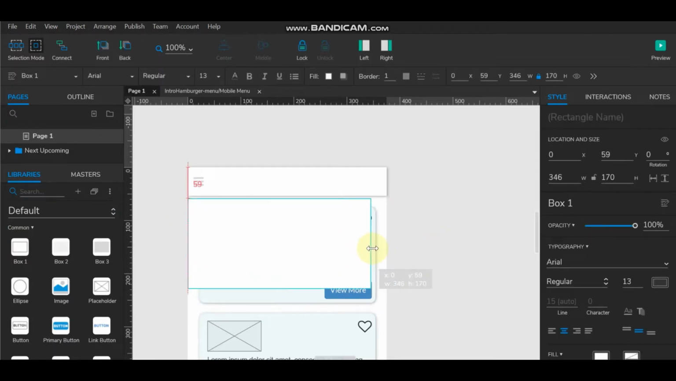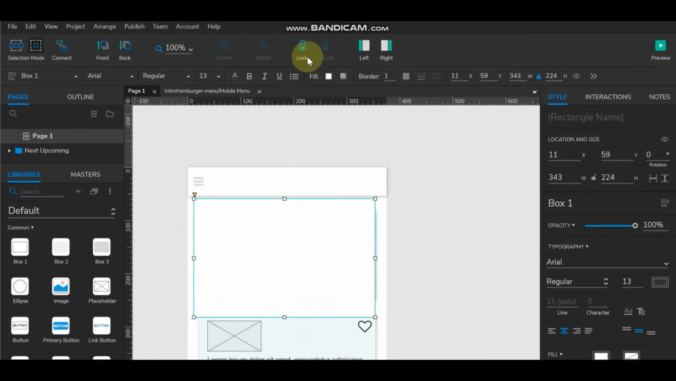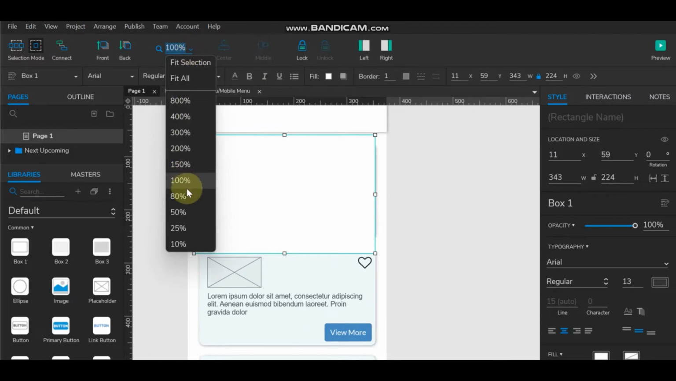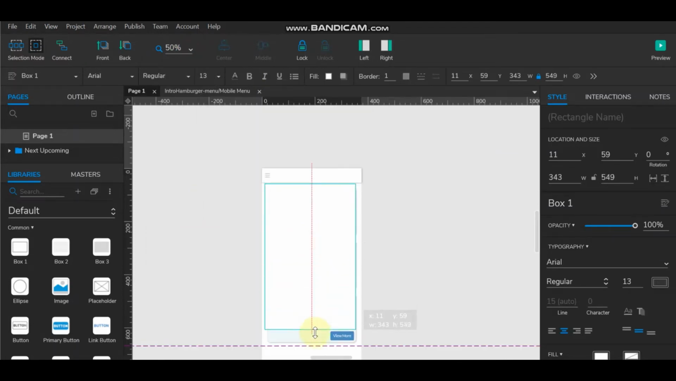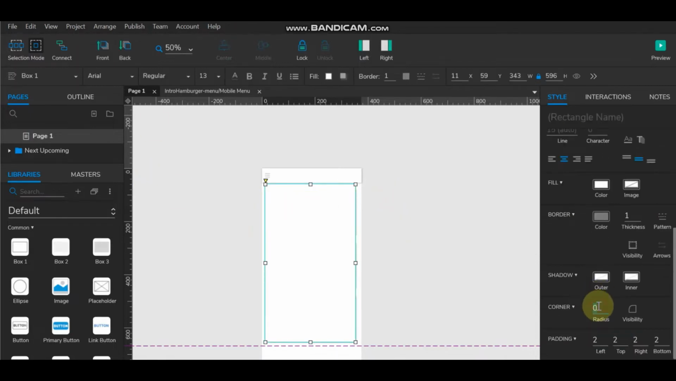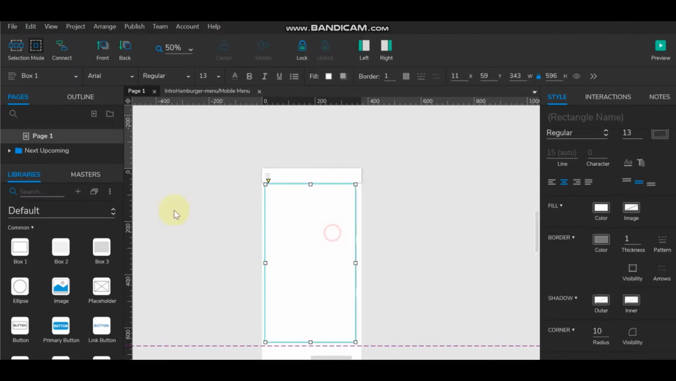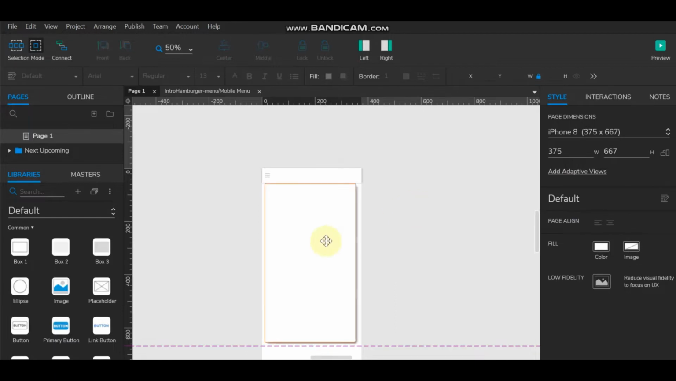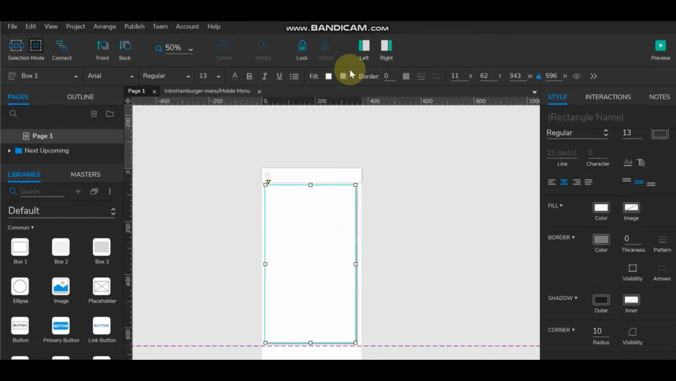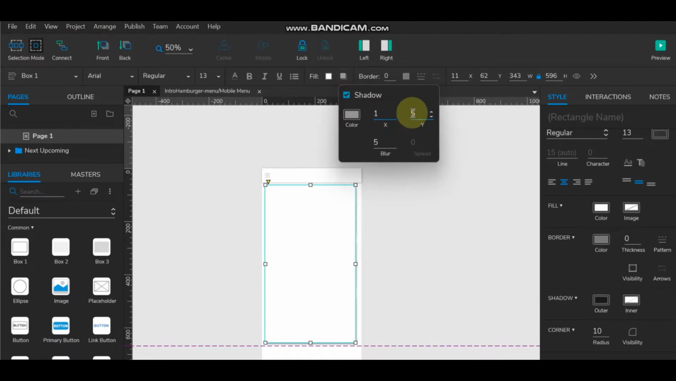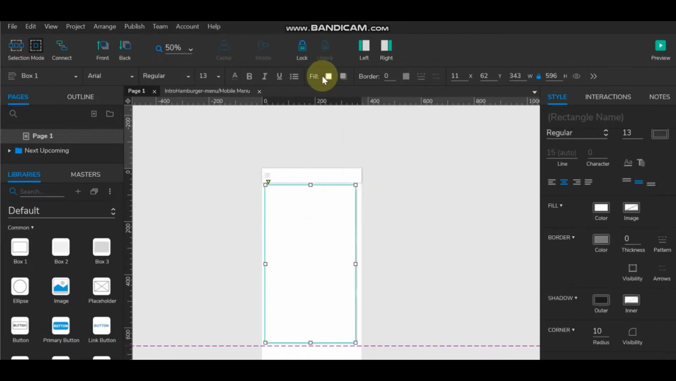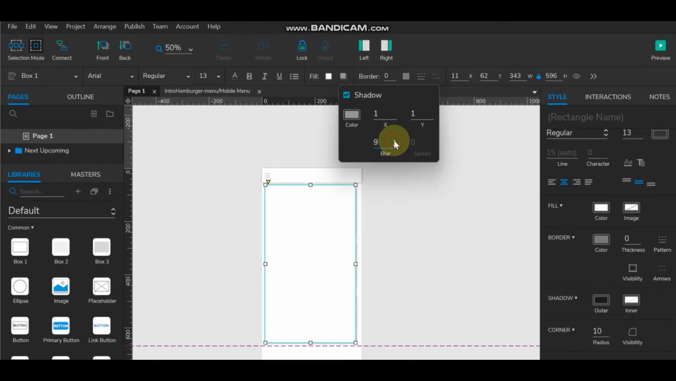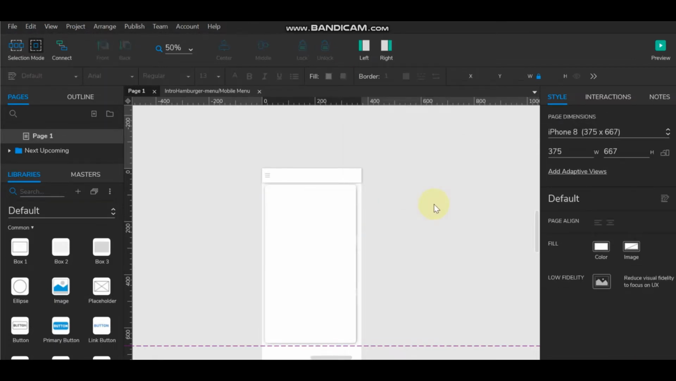So here we'll have one box, and we can give some radius and remove this border, and assign shadows, so a little more spread. That is, yeah. Now next,